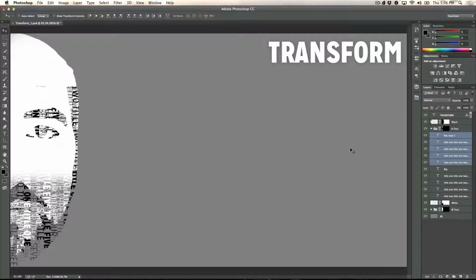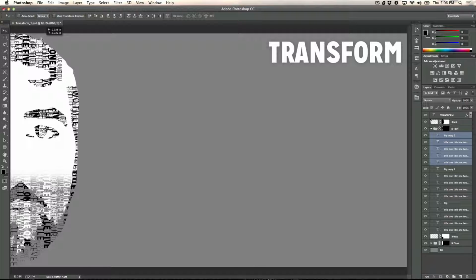Let's just do it one more time. Command J. Obviously, we have a ton of text going everywhere at this point, and just fill it in. There we go. Just fill it in however you want. The only thing to be aware of is this right here. If it's kind of thin, then real thick, and then thin again, you want to try to make sure it's as even as possible,